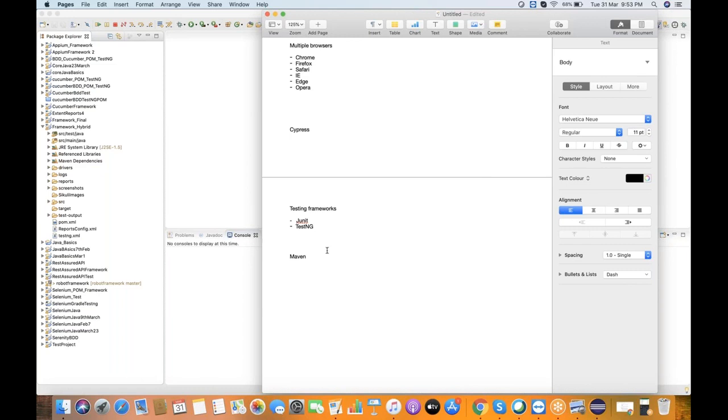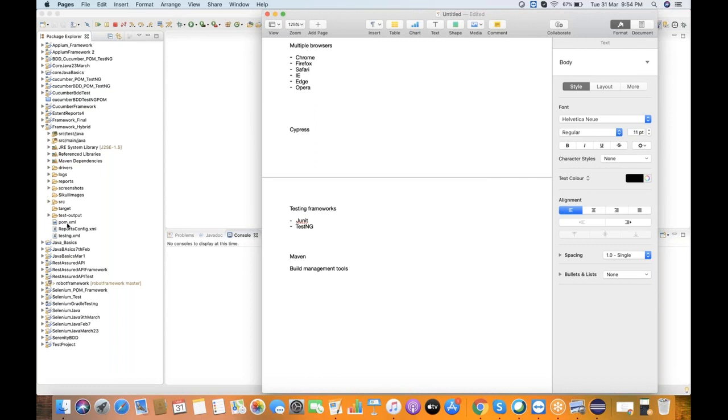So for that reason, we use Maven. It's a build management tool. Whatever jar files we generally use are all available as dependencies in Maven. So we'll be creating a Maven project from scratch, and I'll start initially with Maven. There is no point in using the concept of jar files, because I have to share the day-to-day code with you every day. Once we move to Selenium, we'll create a Maven project from scratch, and whatever additional tools or frameworks we integrate with Selenium will be added as dependencies.